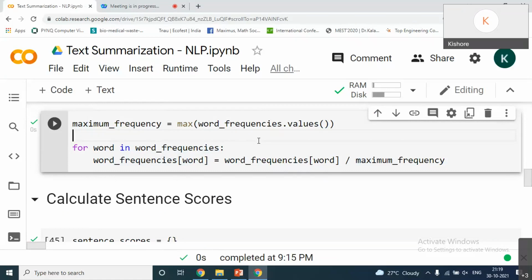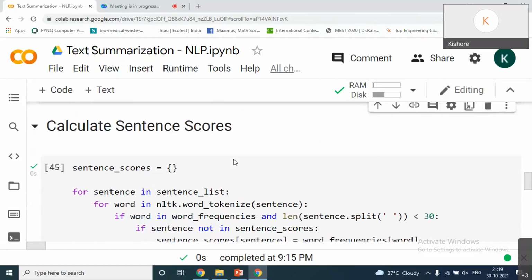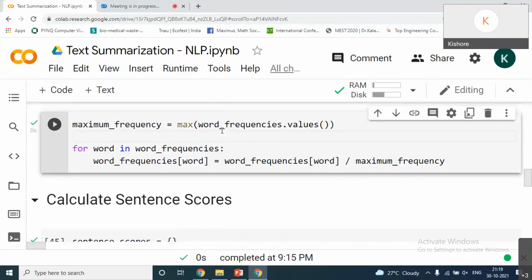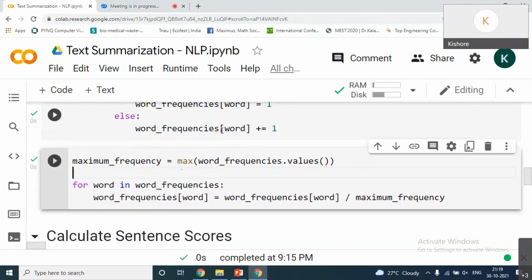Let us take: I love Python, and Python is easy. In this case, Python is occurring twice, so Python has more frequency, and the word love has less. Let's say its frequency is 1. So we divide 1 by 2. The score of that particular word, love, is 1 by 2, which means 0.5. In the same similar way, we are going to